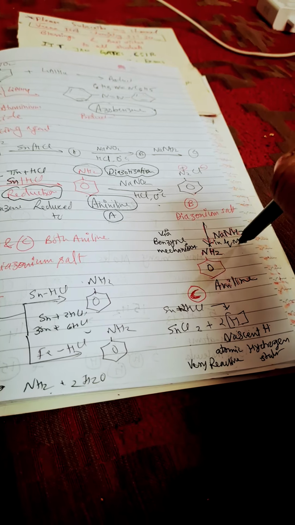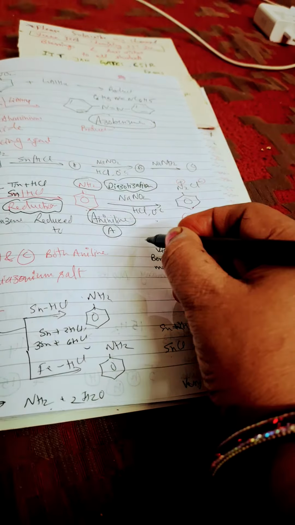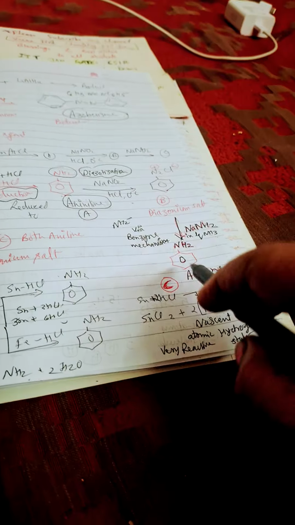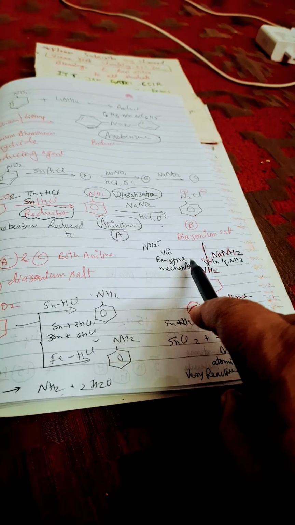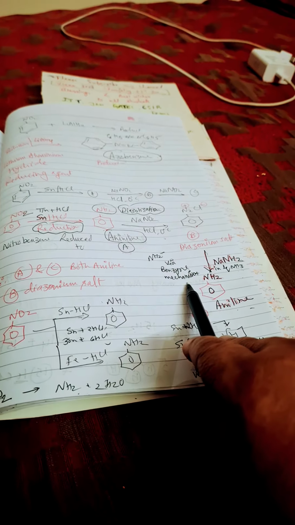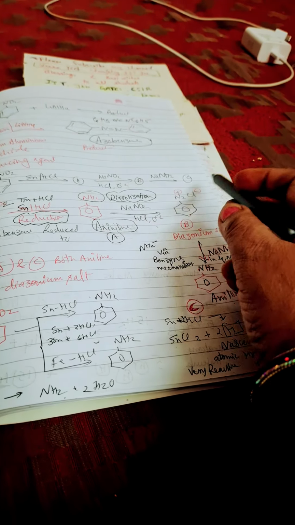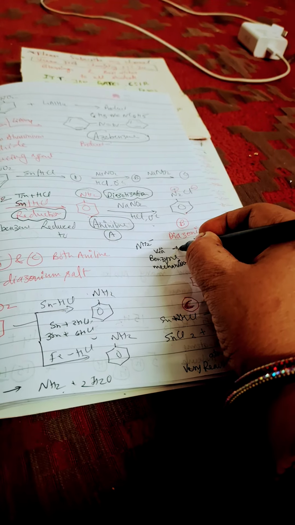Now B when reacted with NaNH2 in liquid ammonia, at that time this N2Cl, an amide is obtained because NH3 is deprotonated by NaNH2 and we will get NH2 negative nucleophile, and it will replace this group and we will get aniline. Now we will see that a benzyne intermediate is obtained and this is called the benzyne mechanism, and of course NaCl will be lost here, Cl from here, Na from here.